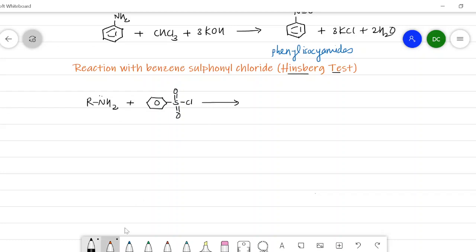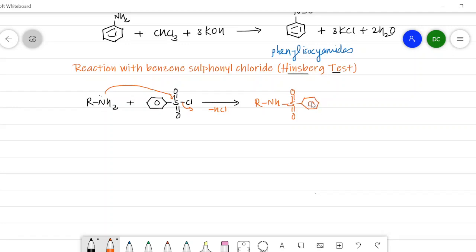The reaction of this benzene sulfonyl chloride with the primary amine is like this. Here there is an attack of nitrogen on the sulfur, and Cl is removed, so in this reaction HCl is eliminated to form RNH, S double bond O, that is sulfonyl group,